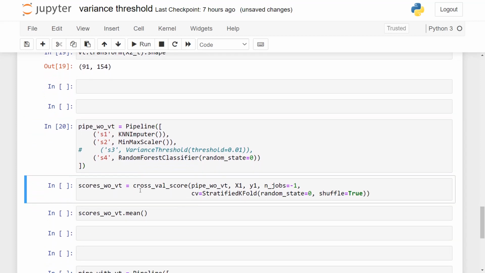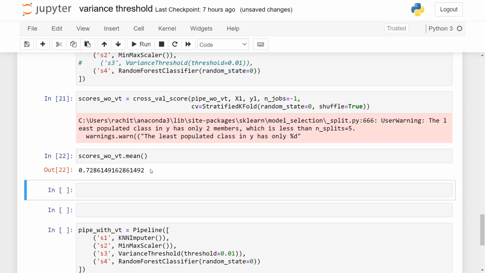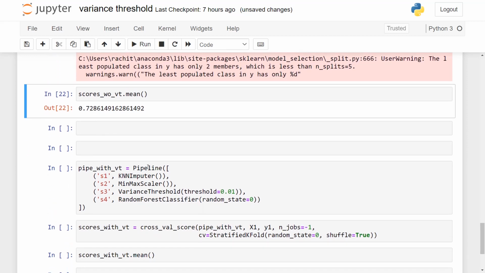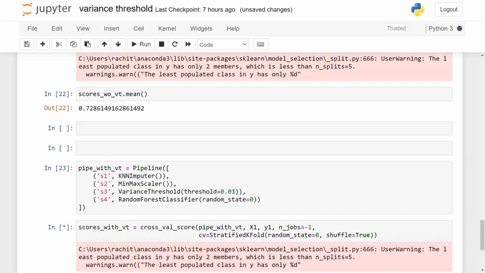Okay, now let us do a cross validation on this and see the scores. We can ignore this warning message. Now without using the variance threshold, that is on all the 279 columns, we are getting an accuracy of 72.86%. Now if we use the variance threshold, that is if we use the third step as variance threshold of 0.01, that is if we use only the 154 columns, let us see what scores we get.